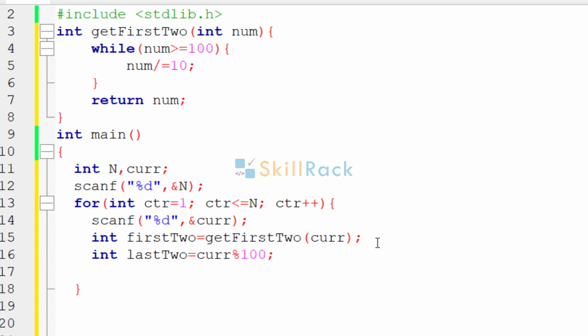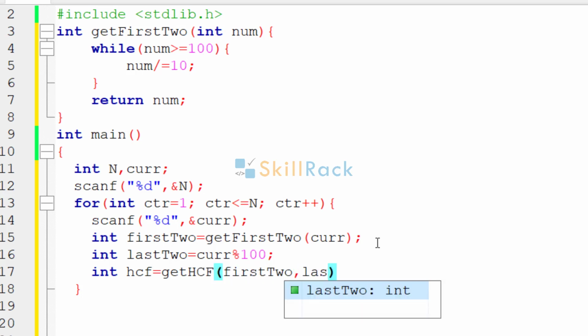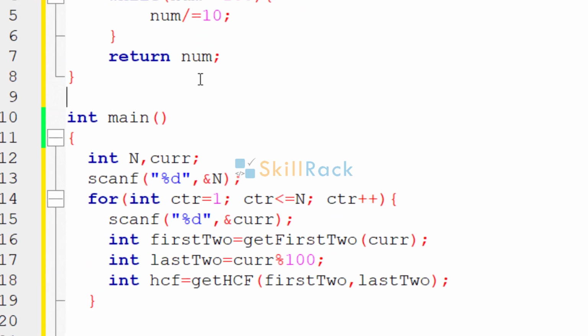Now we need to find the HCF. So int HCF equal to, we will call a function. The arguments will be first two and last two. So let's implement that function.